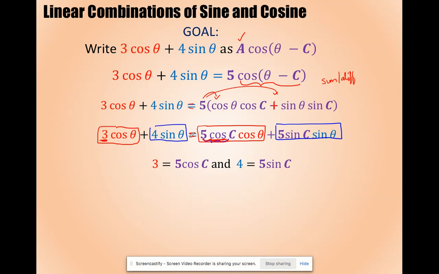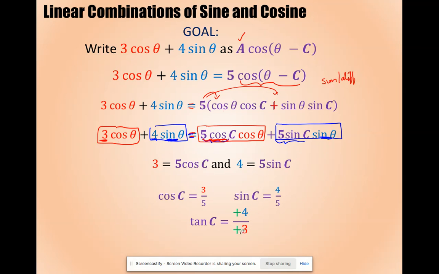If 4 sine theta is equal to 5 sine C sine theta, there's your sine theta. So it must be true, because of the equality, that 5 sine C must be equal to 4. Which means cosine C is 3 over 5, and sine C is 4 over 5, which means tangent of C